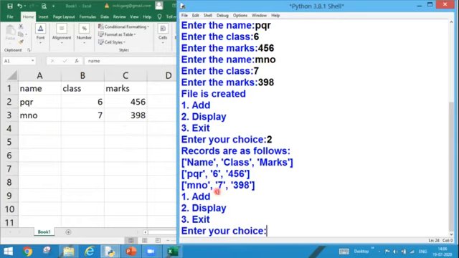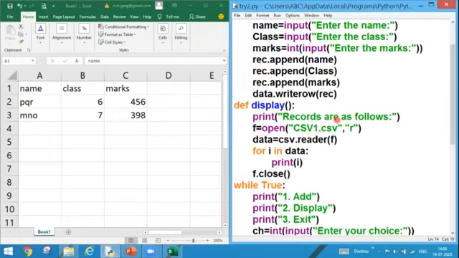But there is a problem that my data is displayed in the form of a list. But as I told you in the starting, this is comma separated values and a CSV file stores the data in a simple text format. So to display the simple text format, what can we do? I can change my print statement. I can separate it with commas using the join function. What will the statement do? It will join the values which are read by this i iteration variable having this comma as a separator.